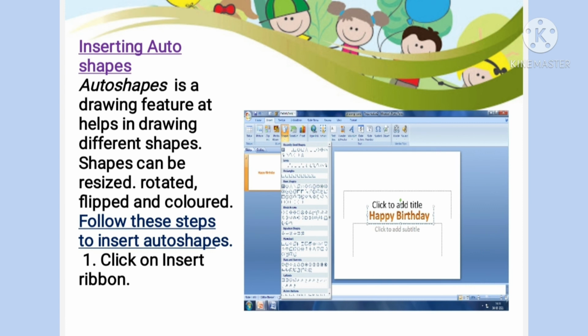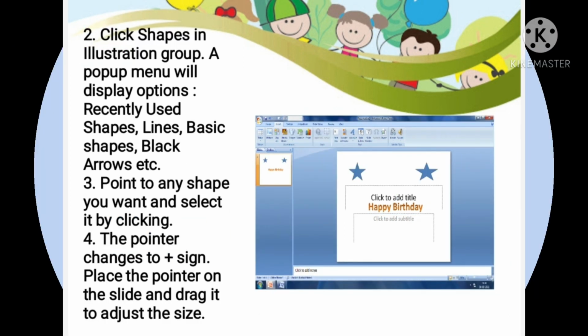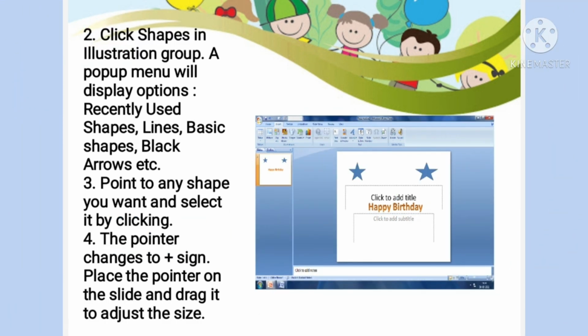Here in this image, we can see a slide. When clicking on the Insert ribbon, we can see the shapes, and when we click on Shapes in the Illustrations group, a pop-up menu will display the options, like different shapes. Second step is click Shapes in the Illustrations group.